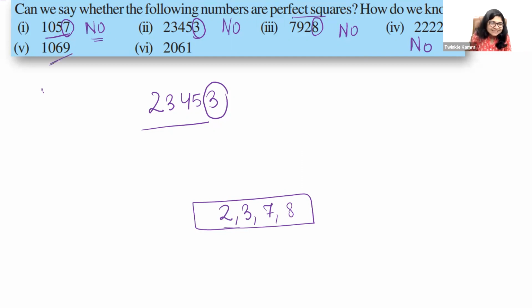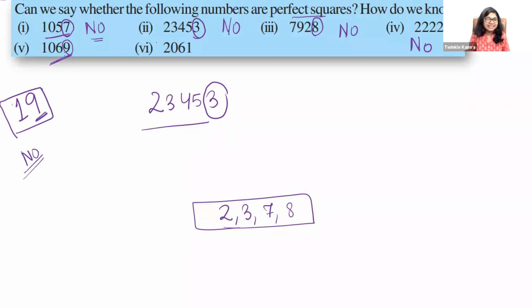Okay, 9. I don't know, I need to check. This ends with 9, that means this can be a perfect square. But hold on. Even if you see this number ending with 9 and say, ma'am, this is definitely a square, no, not like this. I give you an example. You see 19. 19 is ending with 9, but is this a perfect square? No, not at all.